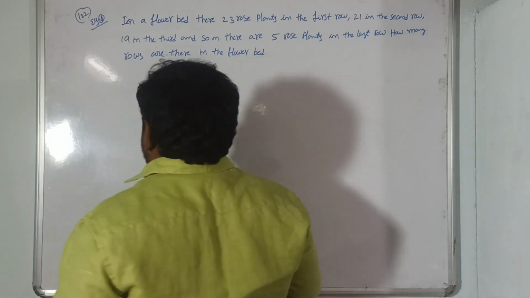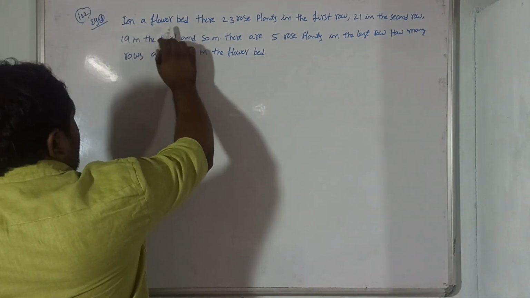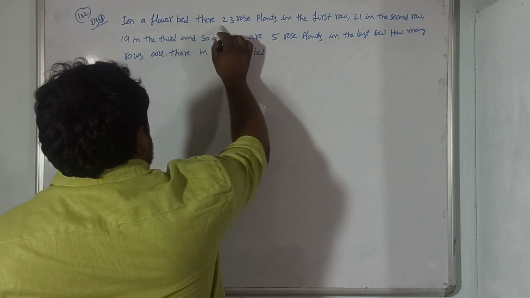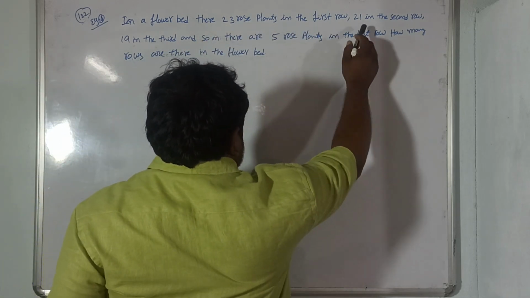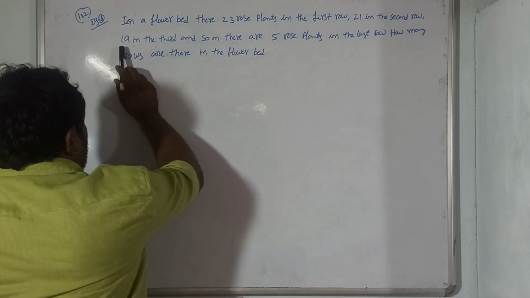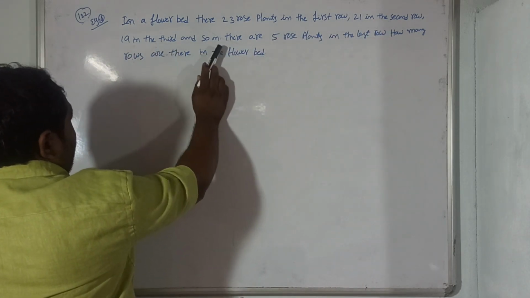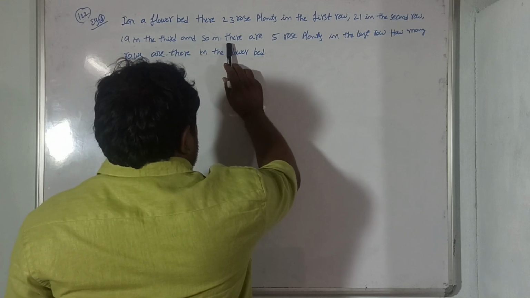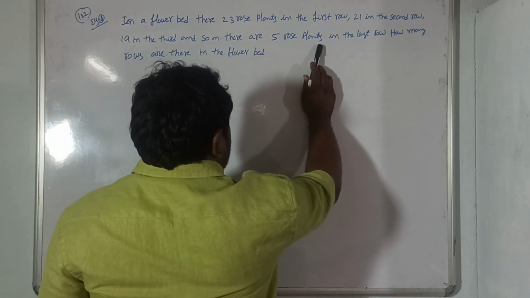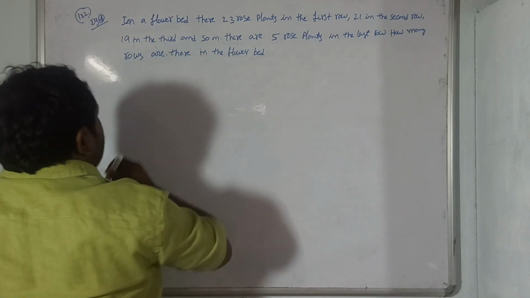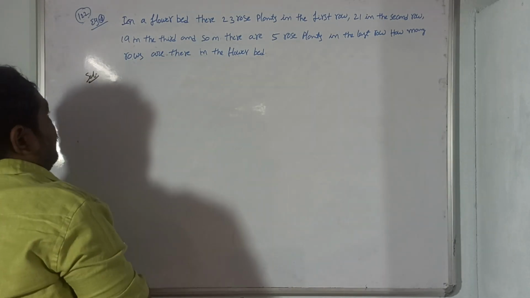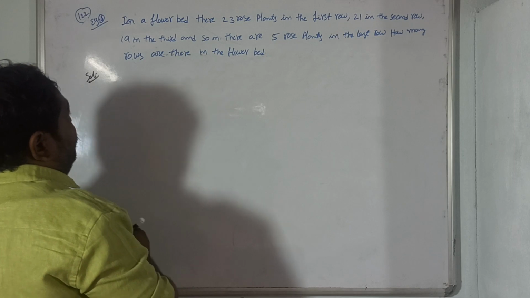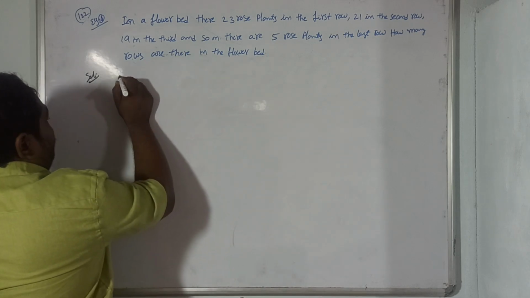The problem is like this. In a flower bed there are 23 rose plants in the first row and 21 in the second row, 19 in the third row, and so on. There are 5 rose plants in the last row. How many rows are there in the flower bed? Okay, there is a flower bed. Now given that